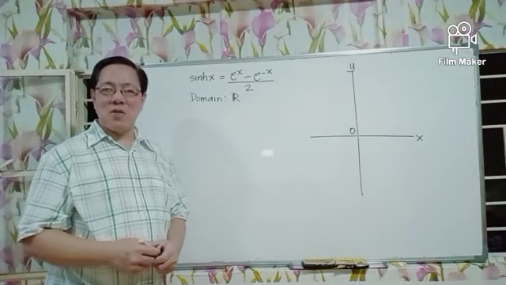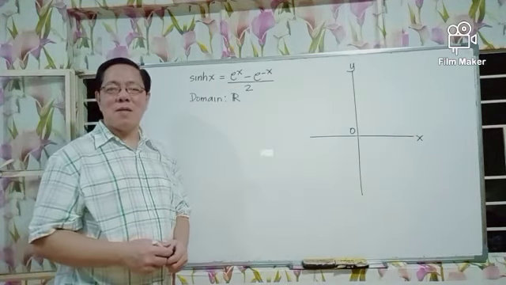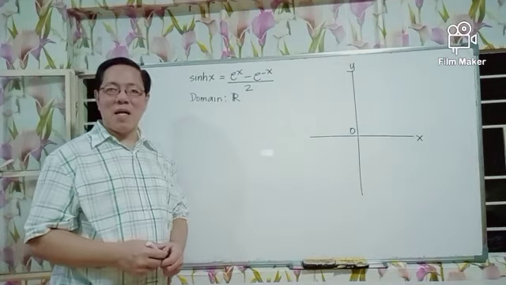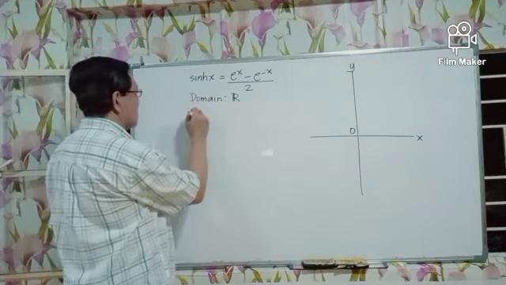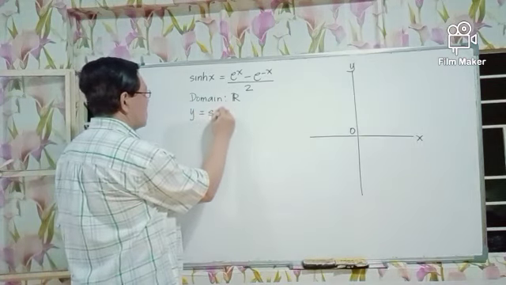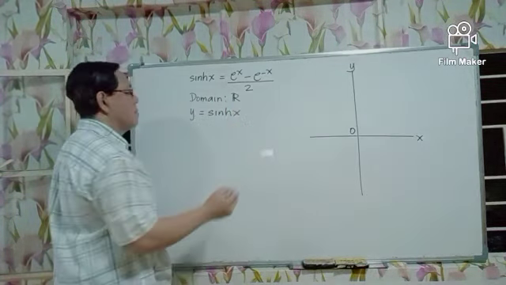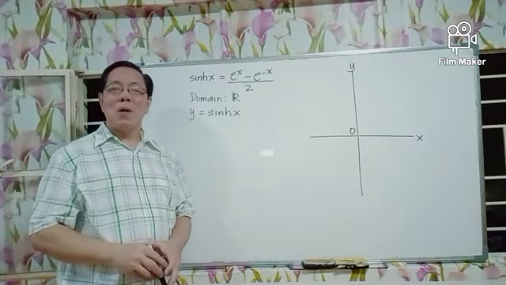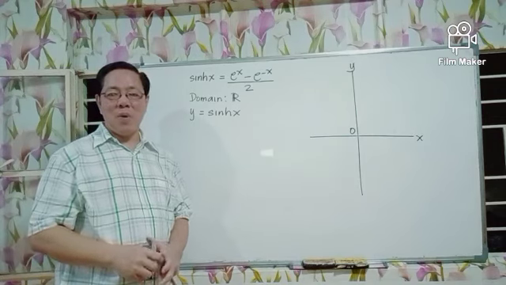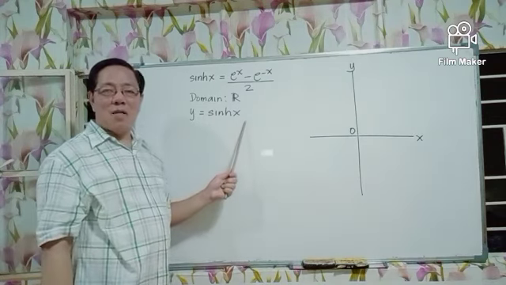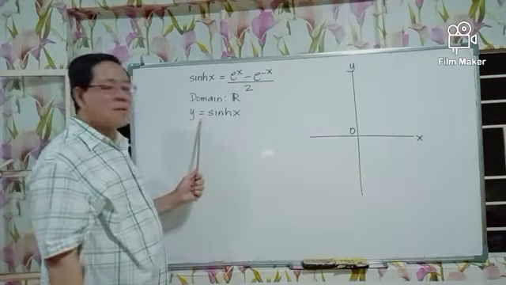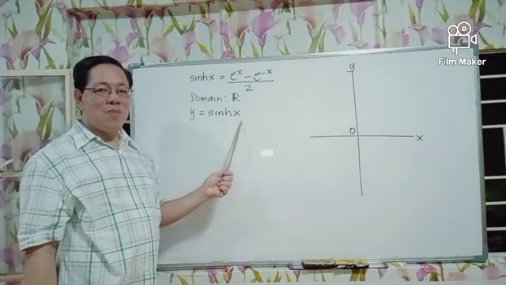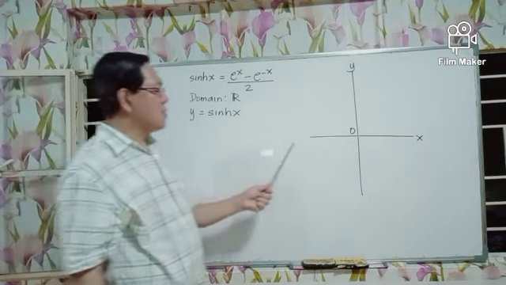And here our function y equals f of x is the function y equals hyperbolic sine of x. If we want to sketch the graph of the hyperbolic sine in the xy plane, we represent the value of the hyperbolic sine of x at each value of x by y. So we let y equals hyperbolic sine of x, and the value of x can be any real number on